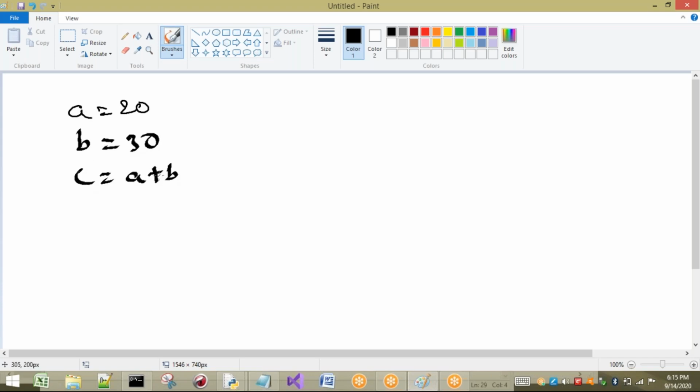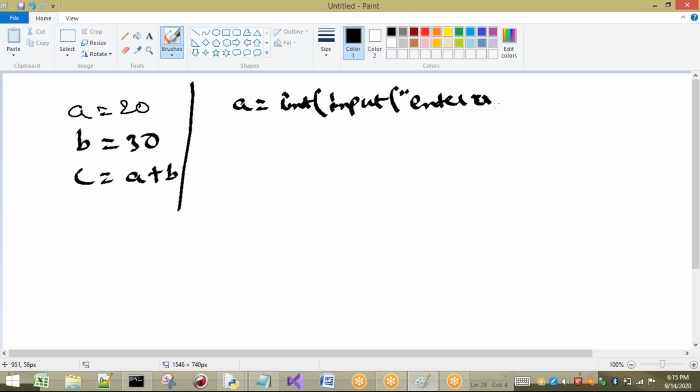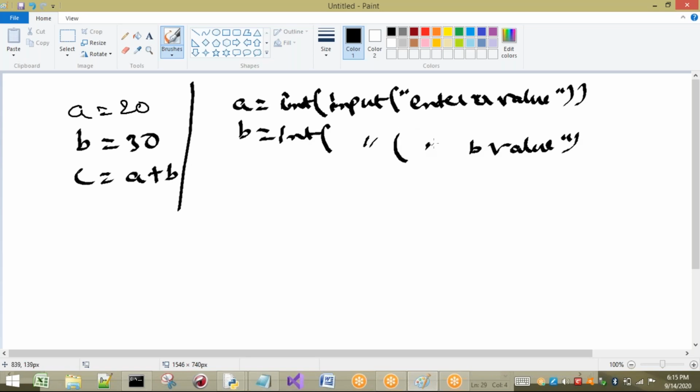This is one way. Another way is A equal to int of input, for example, enter A value. Next, the same for B, enter B value.